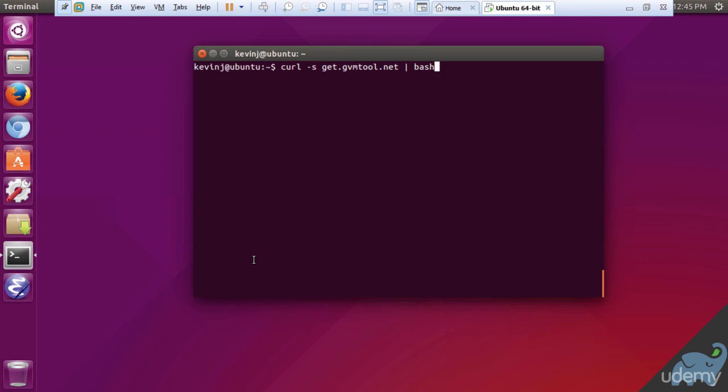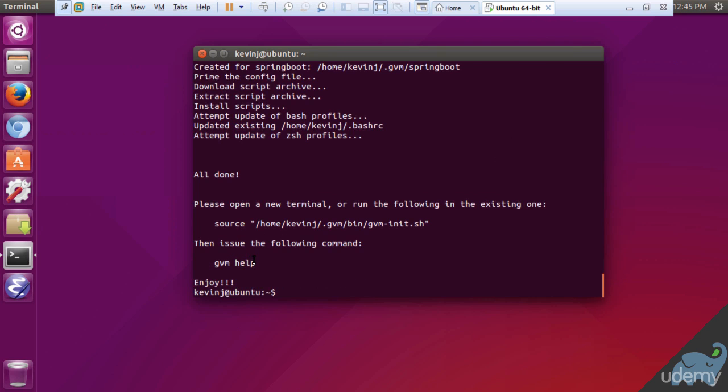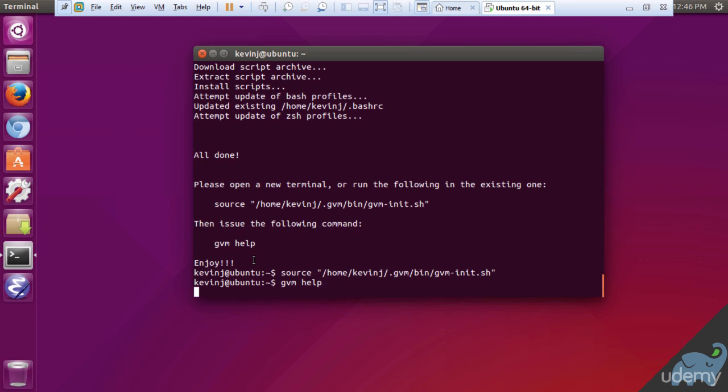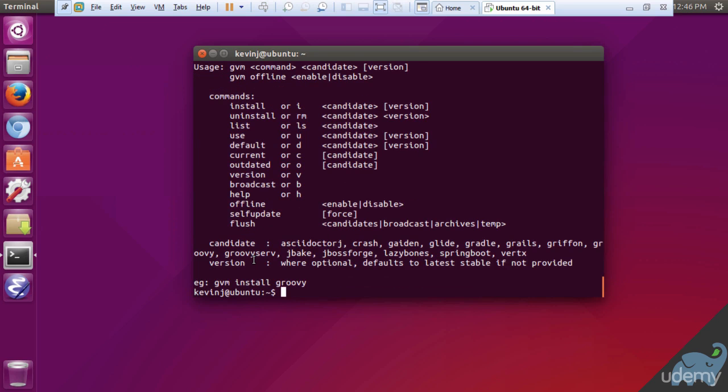So inside Linux, inside a terminal window, we use curl to download GVM. And then once we have that, we need to add GVM to our path. And we see GVM tells us how to do this using the source command. And then once we have that, if we type GVM help, we'll see a list of candidates that we can install. So we can see, for example, there's Glide and Gradle and Grails and some other tools that we could use as well. So if we do GVM install Gradle